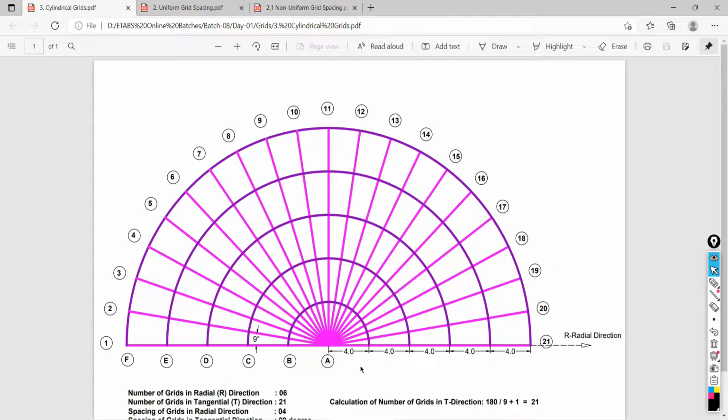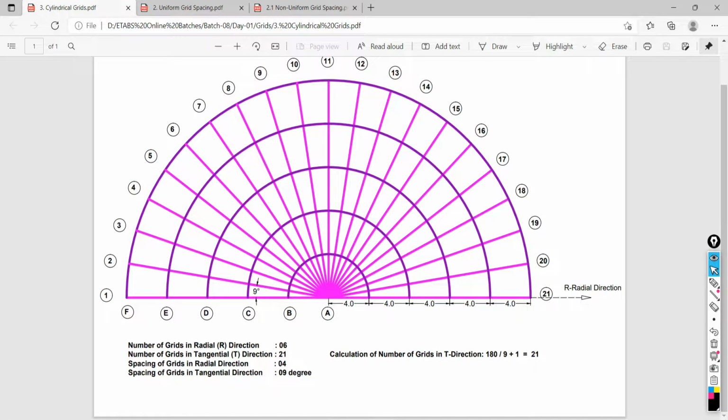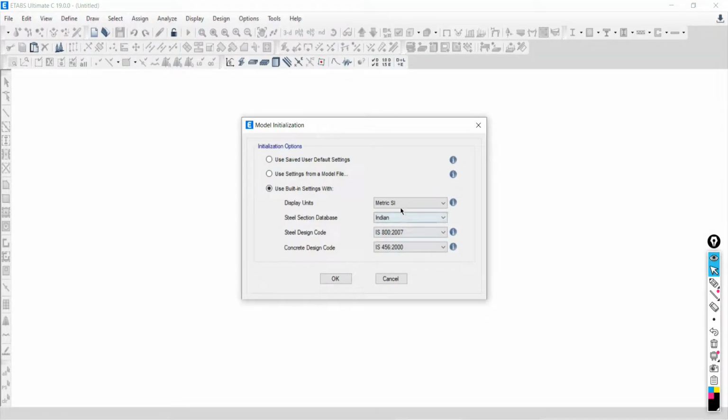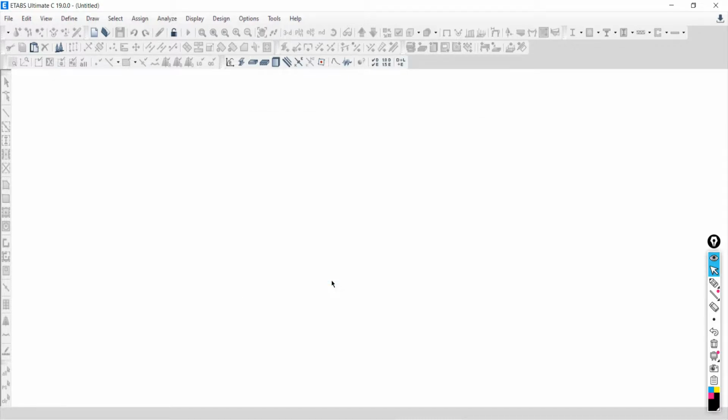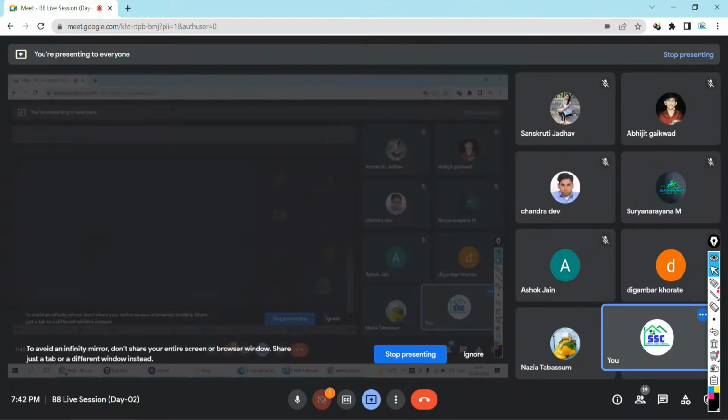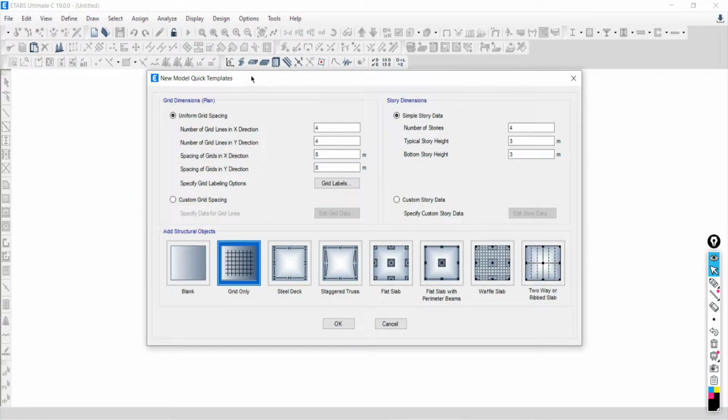Is it metric SI or feet and inches? US customer, tell me fast. Metric SI. Just go back to ETABS. See, metric SI will be there. It will be Indian, IS 800 2007, IS 456 2000. Let's say simply OK. Once you click over the OK, it will take you all to the next dialog box,